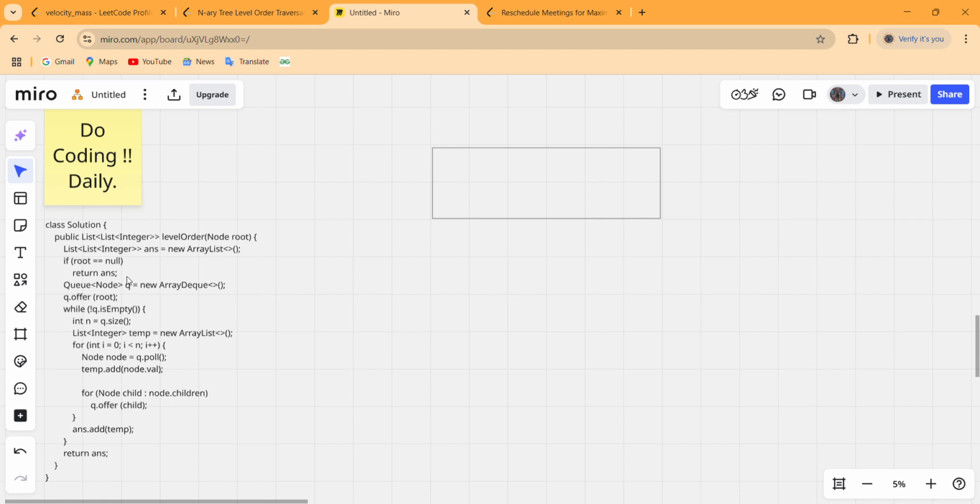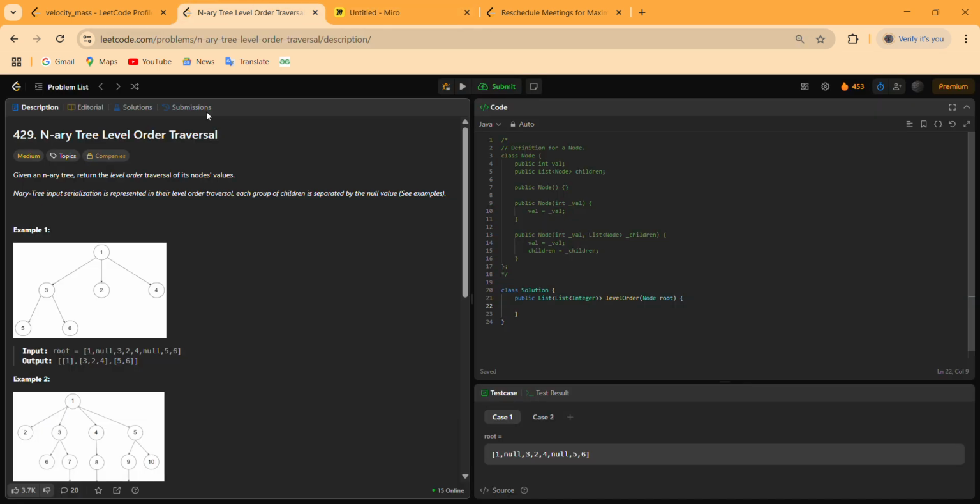And if it contains some node values, then we do something with them. First initialize a queue that contains nodes, and we push our root inside our queue. So for example number 1, let us